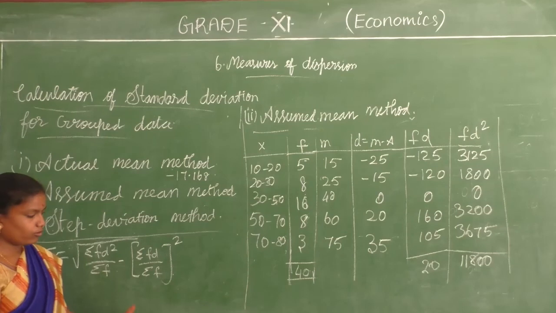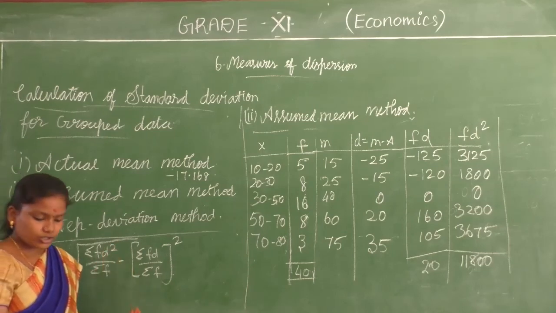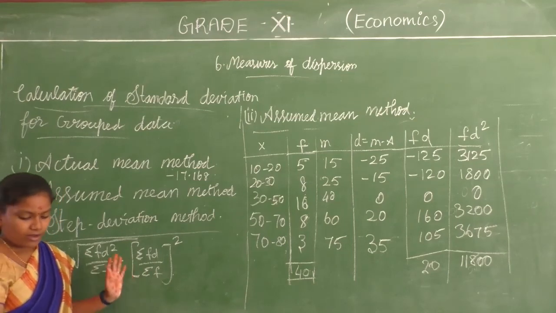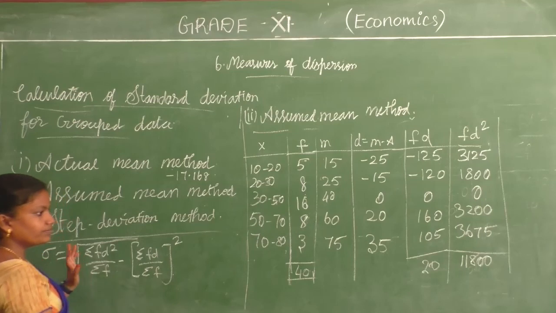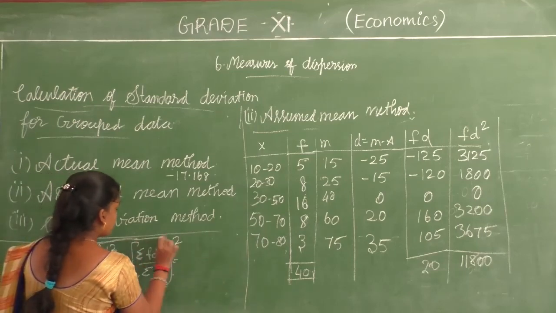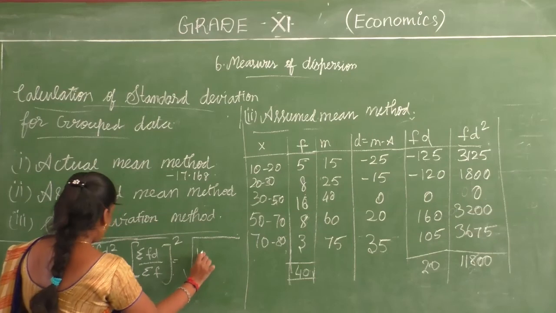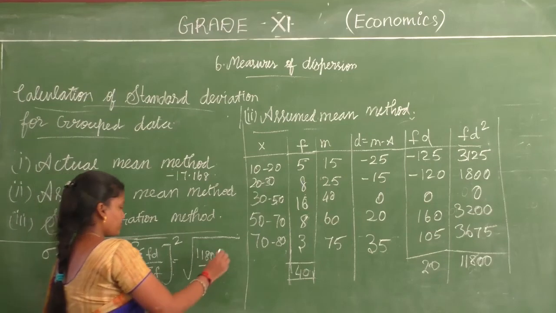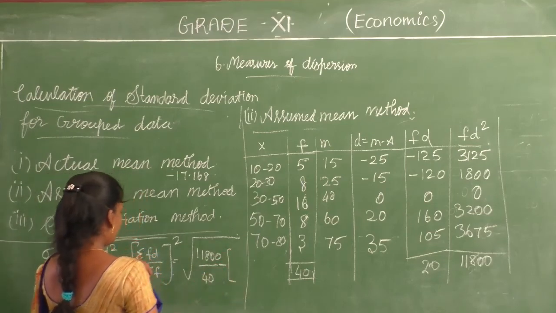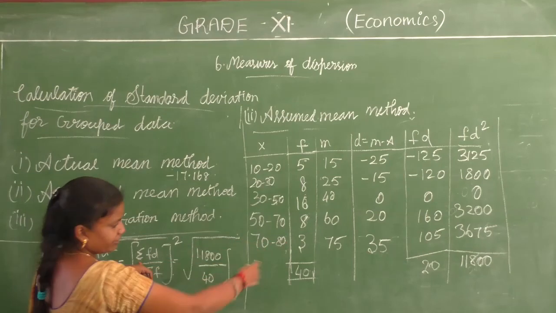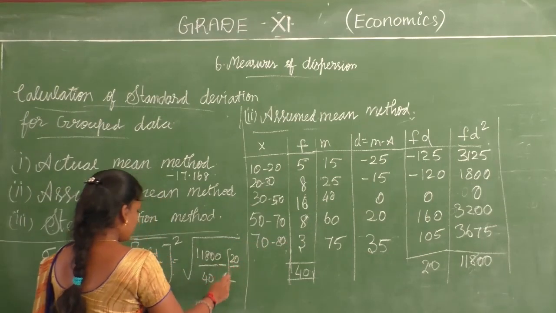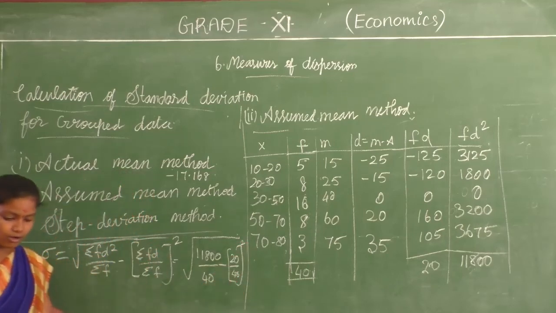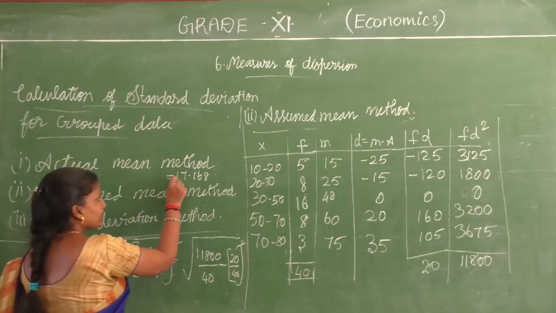They have given you n, but actually it is sigma f, so change it to sigma f. When you do the calculations, you have a value of root of 11,800 by 40 minus sigma fd, which is 20, by 40 the whole square. You will get a value of